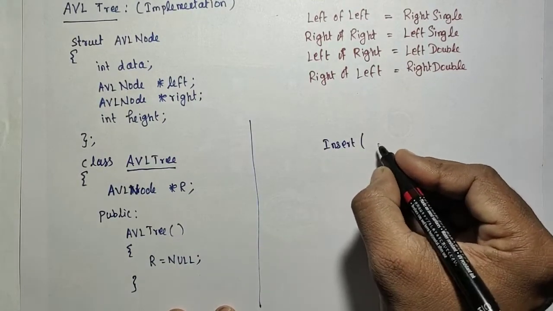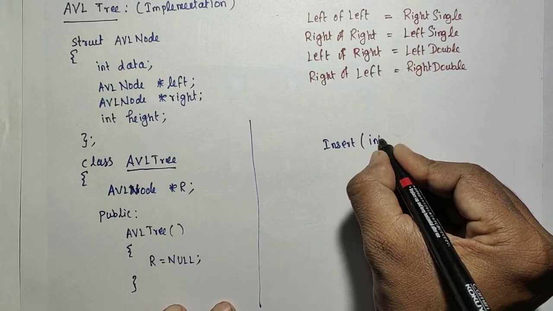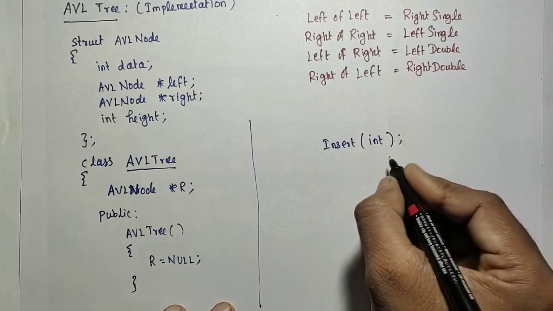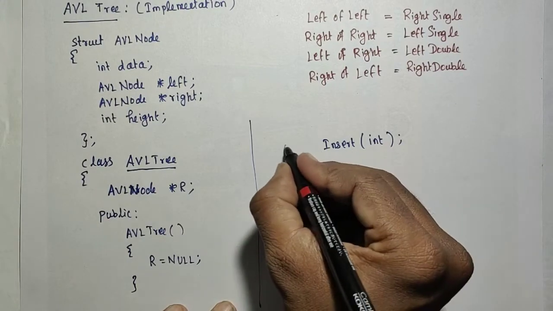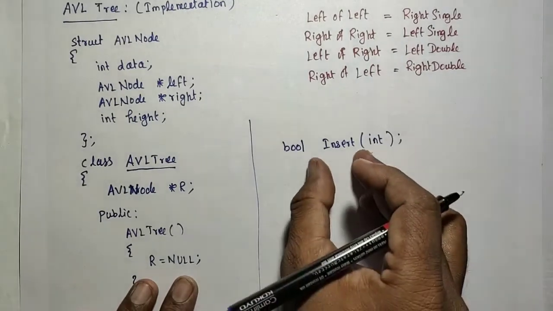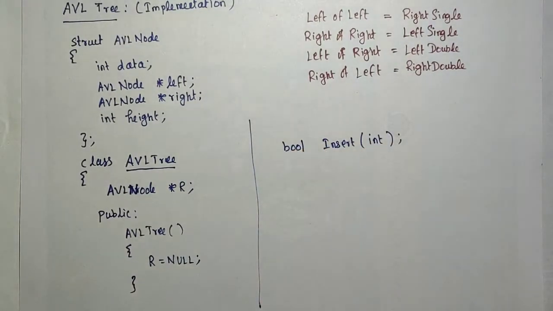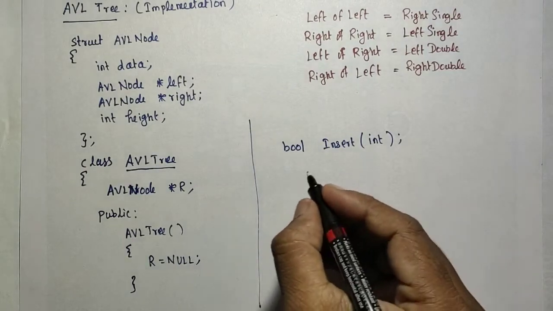Insert means the input is only the data to be inserted. So the data type is what? Int. And the return type is boolean. Okay, so that function is going to insert a given data into that AVL tree. Okay, the next one is that